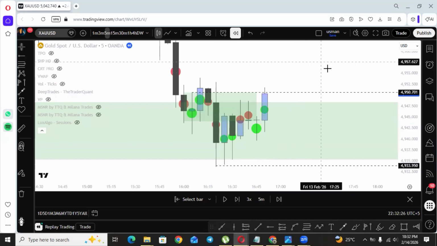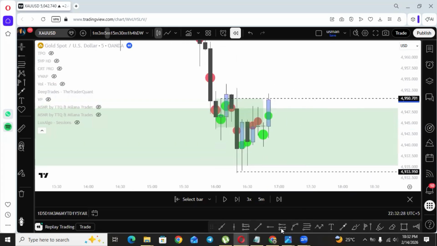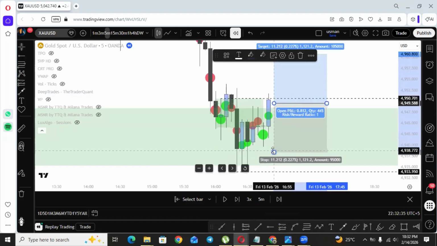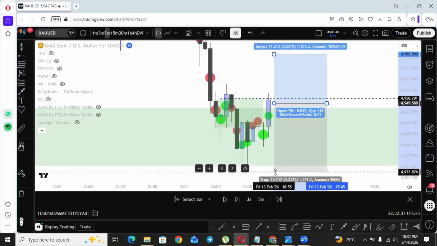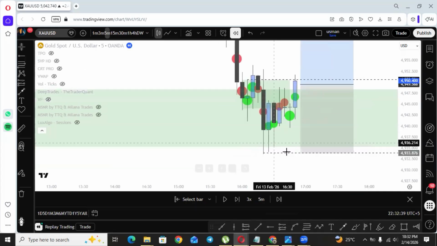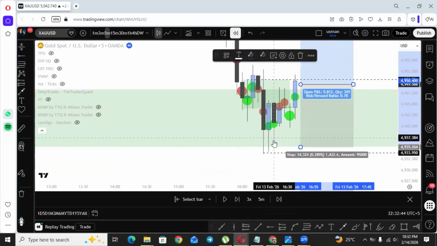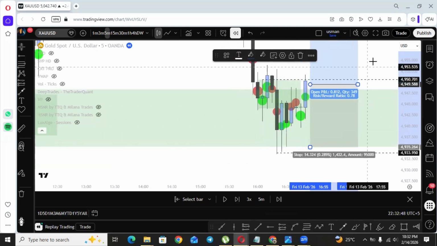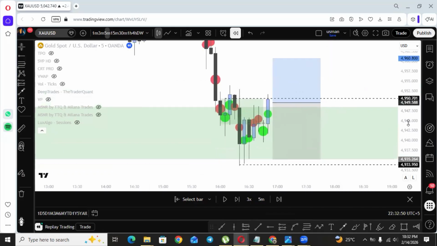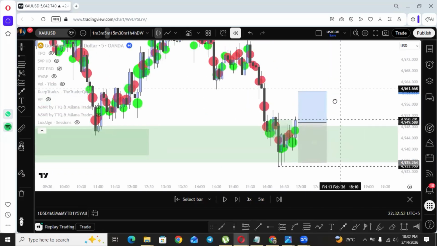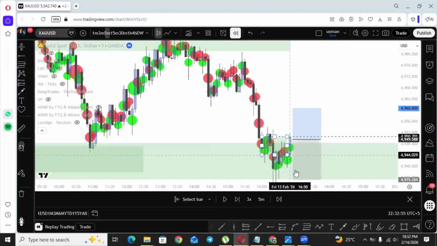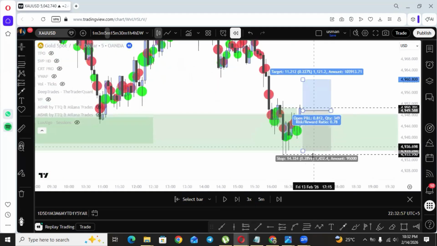Now let's put our buy limit at this area, and this was the stop loss. Why did I put this as a stop loss? This low of this week where the exhaustion happened, because this is the safest area. No doubt this is a big stop loss, but don't worry about it. You will see that the market will never hit this stop loss.